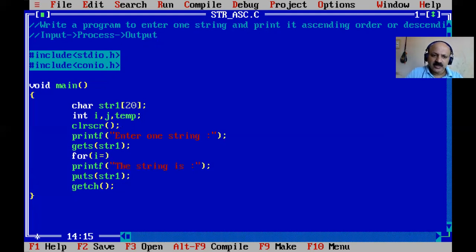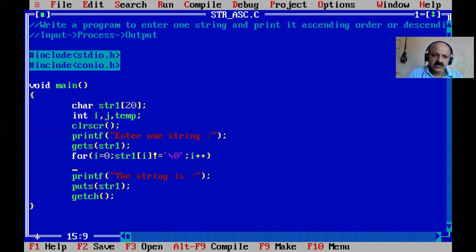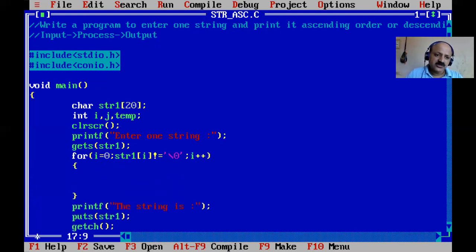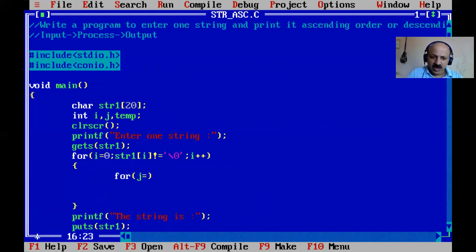So i is zero, means start from zero index, and str of i not equal to null. Yes, so here single slash zero, that is also null, and then i plus plus. So yes, a nested for loop is used, and if is also required. So here I take the j, and j equal to i plus 1.